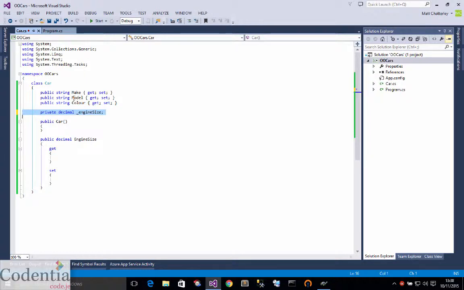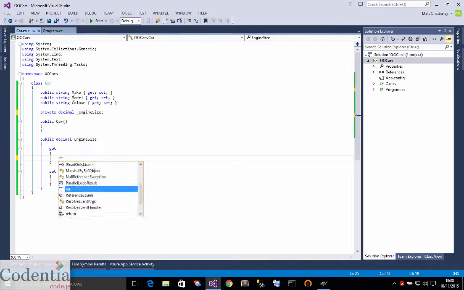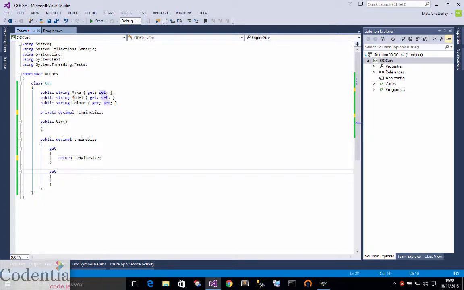It's a copy of the engine size decimal that nothing apart from my class can see. And when we get the EngineSize property, I'm going to return that value. But when we set it, I'm going to add a little bit of validation. So I'm going to say if value, which is the name that it's always given when it comes in, because you don't get an argument name when this is called a property. When you set a property, the argument is always called value. If value is less than 0 actually, because it's just for